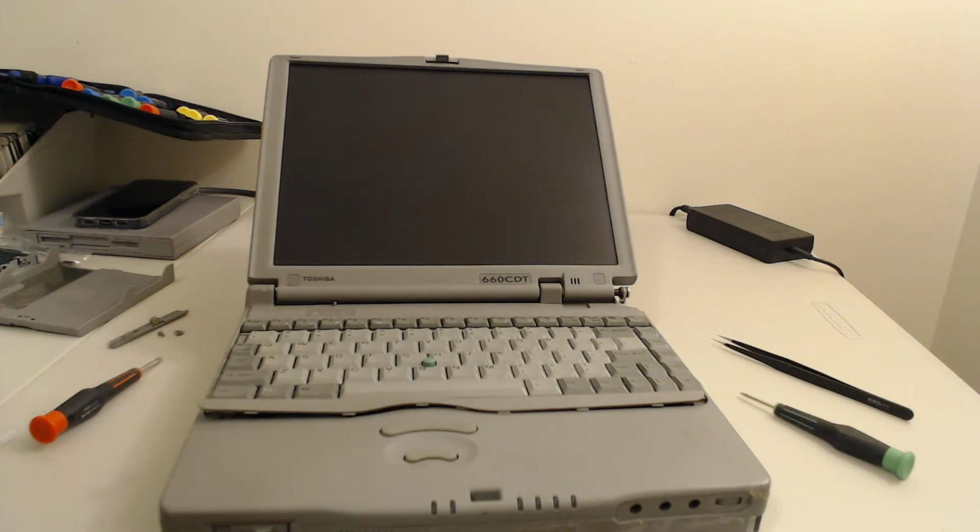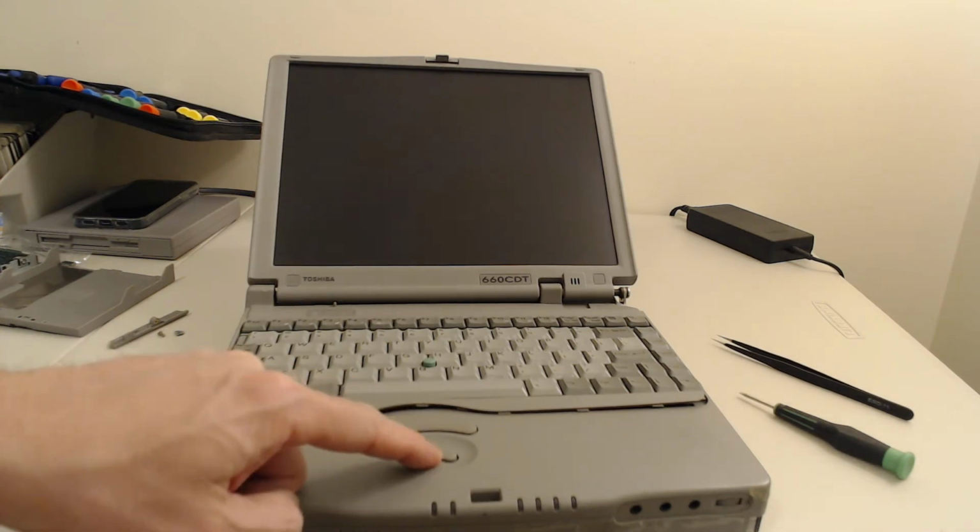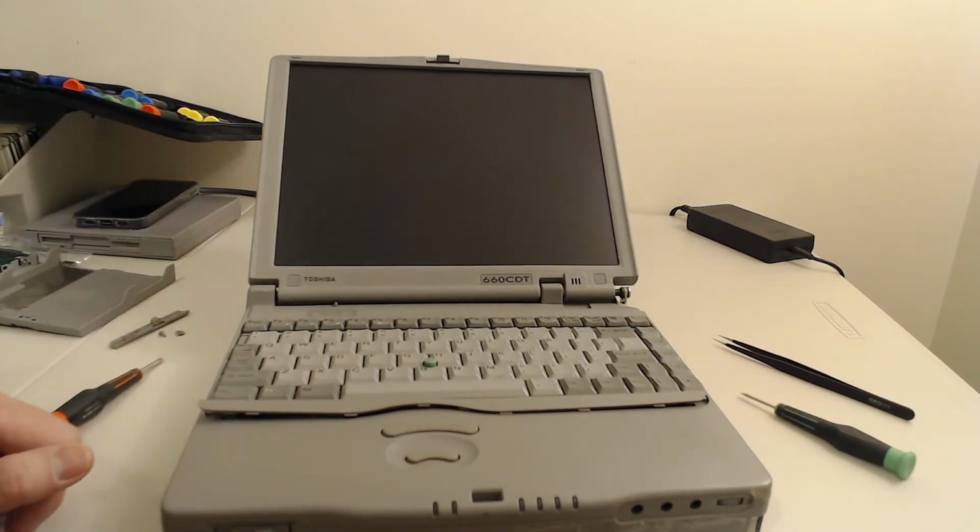As an addendum to my previous video, I was consternated by the fact that the touch buttons didn't work, but I don't remember damaging it anyway. So